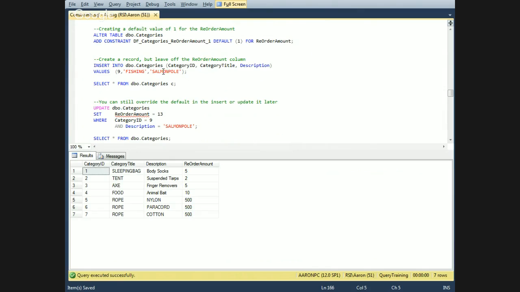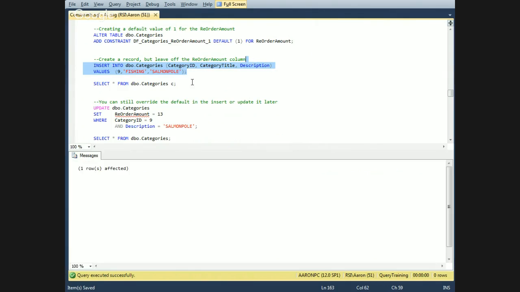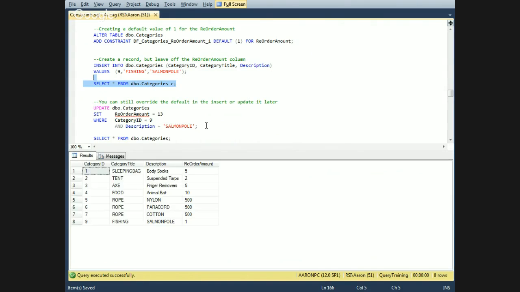So now let's insert a salmon pool entry. And if you notice, there is no reorder amount right here. We're just going to insert category ID, title, and description. And the default that we just created will fill in the reorder amount column. So we run that, look at the data, you can see the salmon pool at the bottom here with the